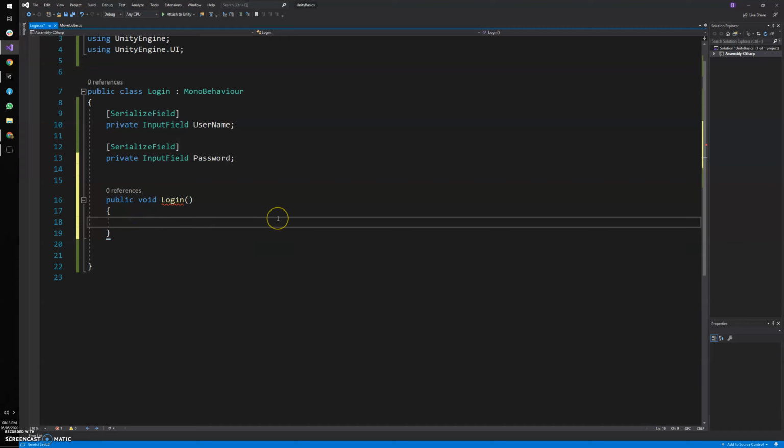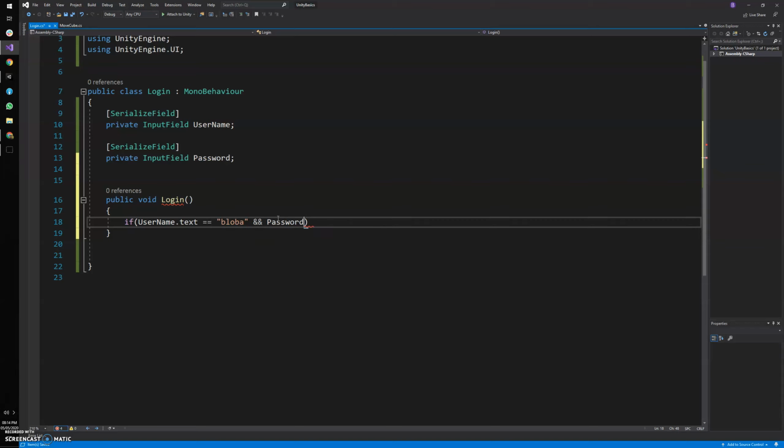For that I'm going to add a condition here. username.text is equal to bala. Let me keep it simple. I'm going to keep everything in small letters. bala, and